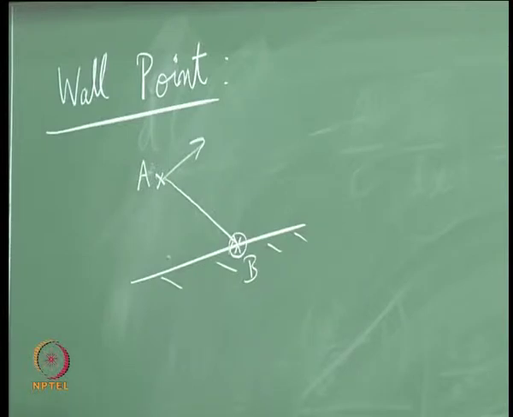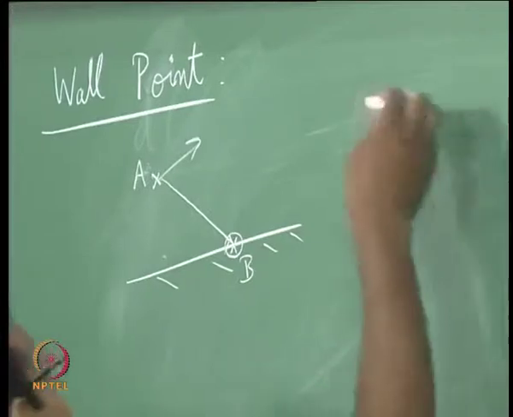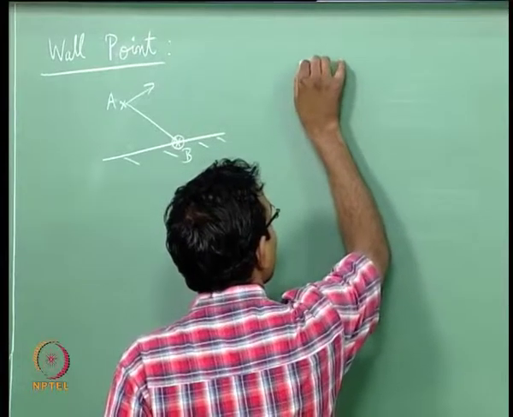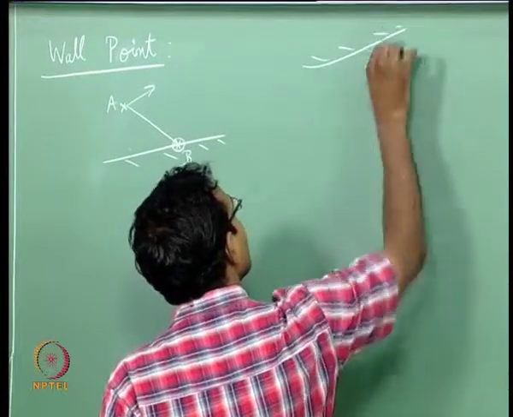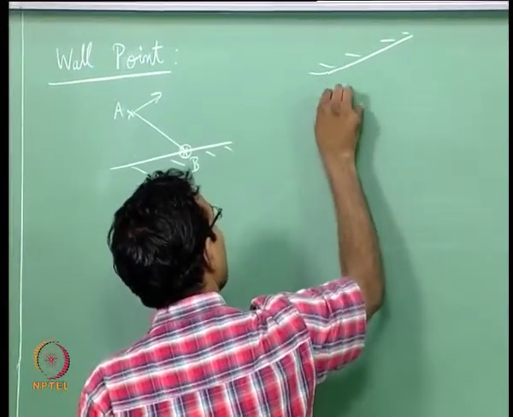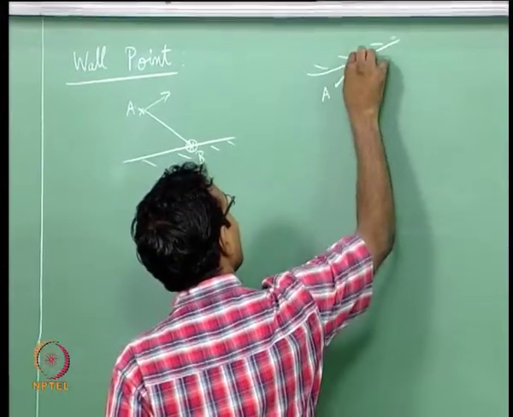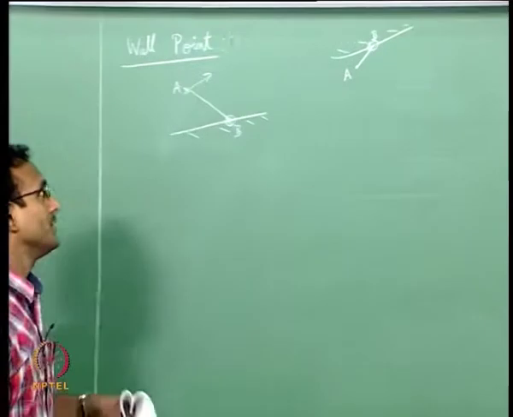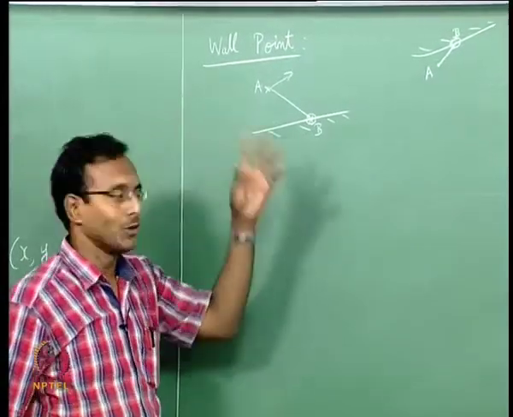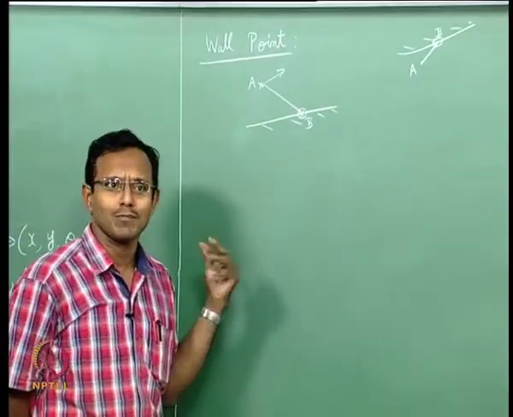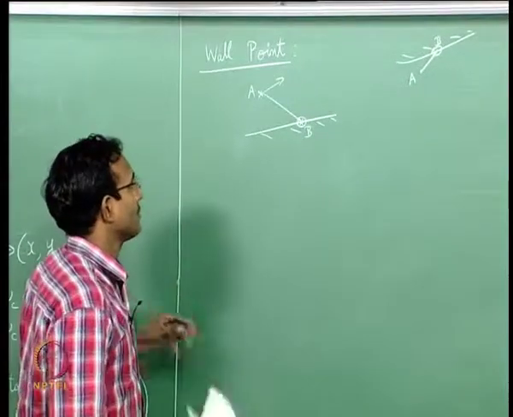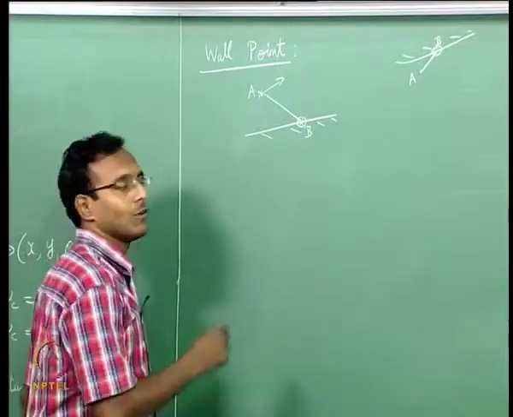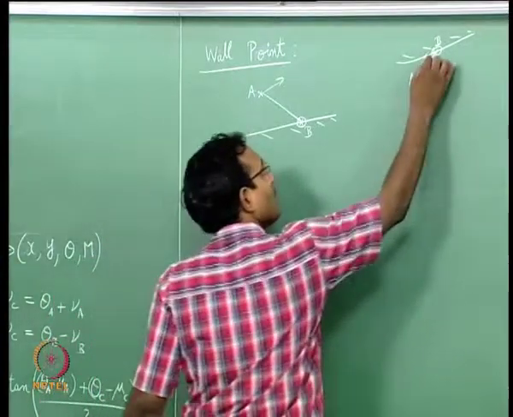This could be one situation, or an equivalent situation will be there is a wall on the top side and there is a point here A, and now I need to find this point B. Both these situations can arise. If you are thinking about flow through a nozzle, both of these can arise. Even flow around bodies, both of these can arise. In such situation, we want to find how to solve for the point B.